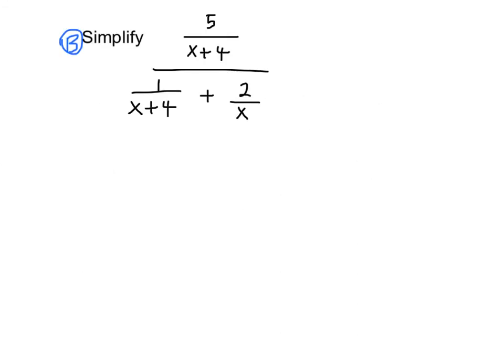Now, our second problem kind of has division problems within our main division problem. And it may seem daunting at first, but we're just going to be dividing by a like denominator once again. So we want to have, not dividing by a like denominator, but we're going to be multiplying so that we achieve a like denominator. So we're going to do this by canceling out these division problems. So we're going to multiply the entire thing by x times x plus 4